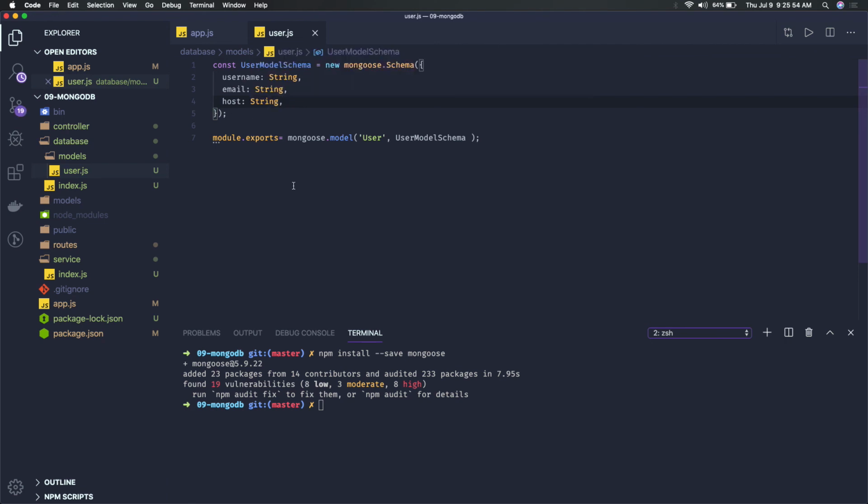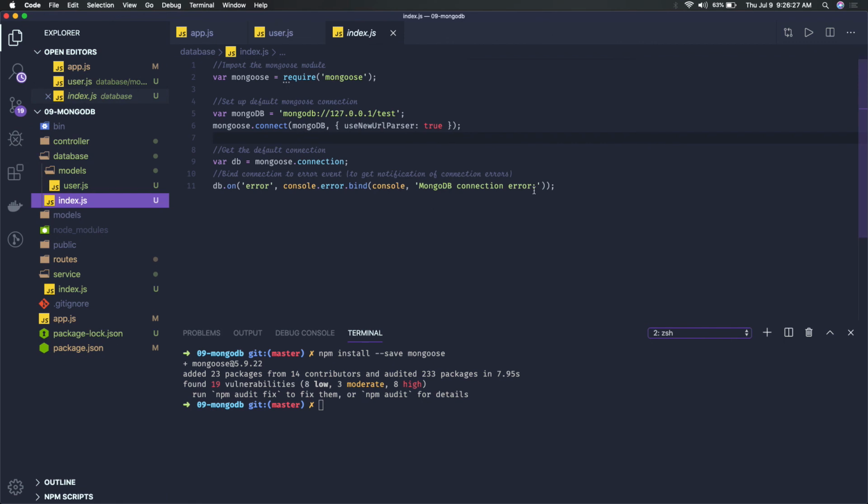Now we will write operations for this particular schema. We have to take care of a few things, like username should be of type string, and email is of type string. You can also add schema validations here, such as a minimum length for the username string, and email should be of type email, because that is request validation. We are not going to put garbage data in our database. So in this video we have added the MongoDB database connection details, and second, we have created our model.